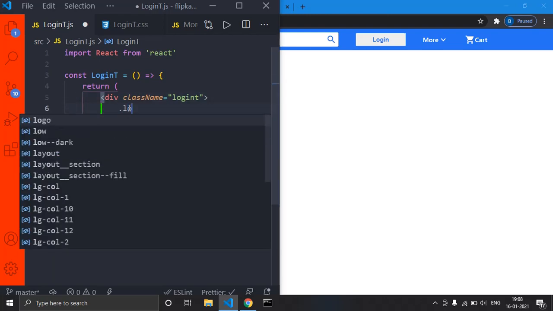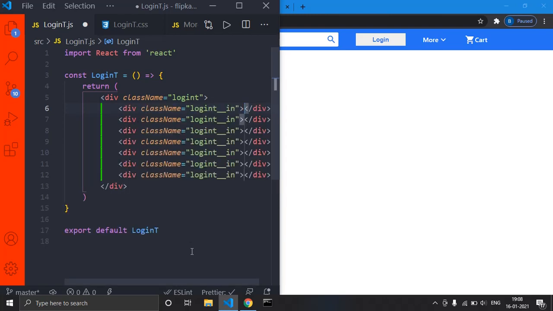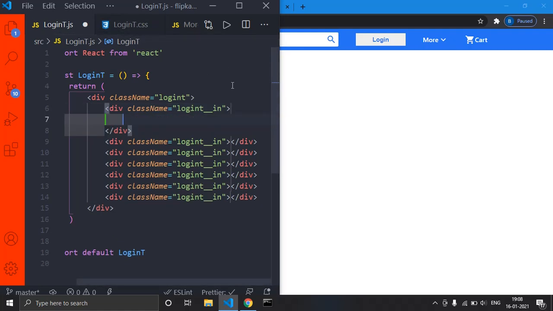So I'll just type in login t __ in. We want 7 divs, so I'll just multiply it by 7. See, now the magic of Emmet. 7 divs are created with the class name login. We want to style every part in the same manner, so I'll give the class name as same. In order to type every div separately, we can use a shortcut.